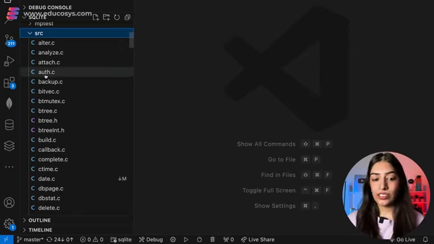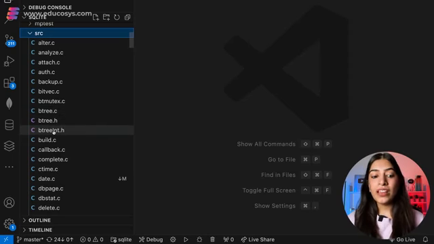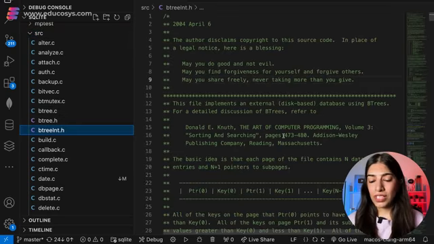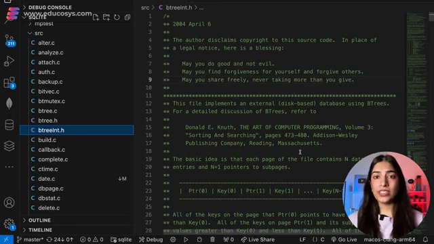So here you can see there is auth.c, there is BTree files, right? So these are the files related to BTree. If you see, the documentation is just amazing. The detailing to which they have explained is just awesome. This is how I've understood the entire code. I literally went through all the files, read through the